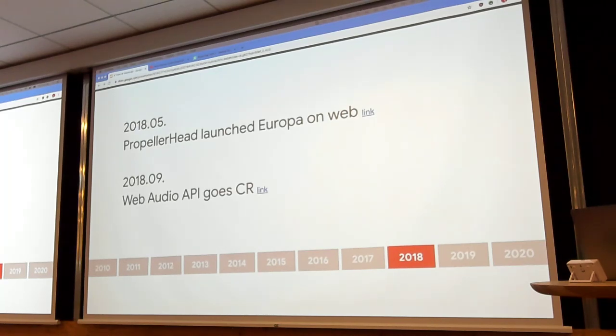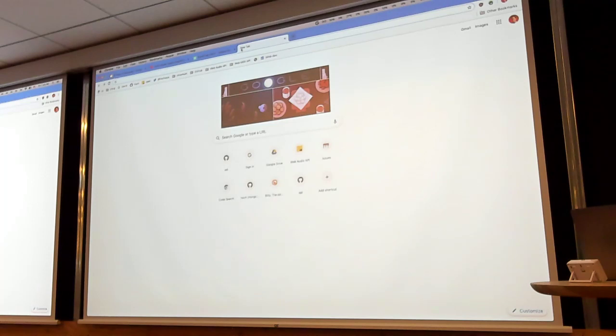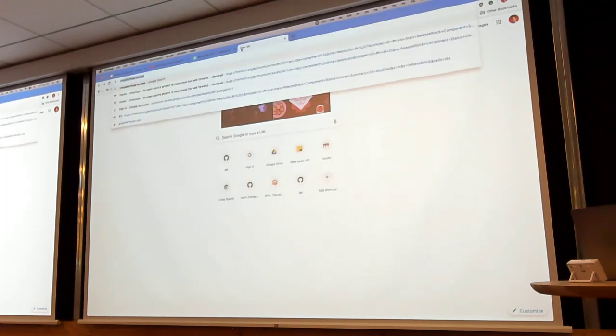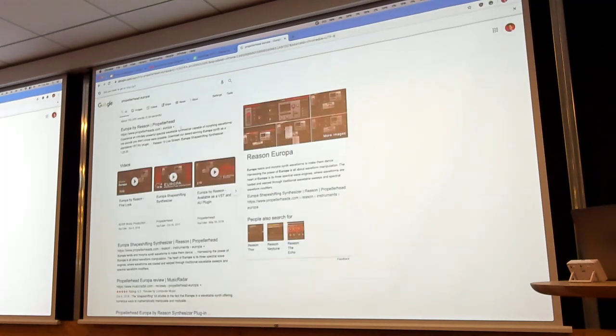They actually launched a synthesizer that runs in the browser. But unfortunately, I just visited their website, and some of it was a little bit broken. But I can show you here. So let me Google it up. Okay. So this is their project.